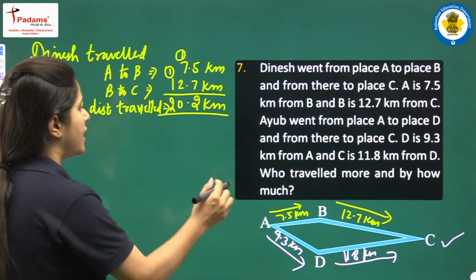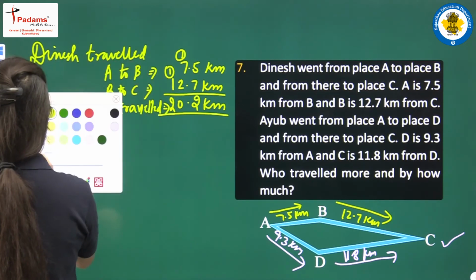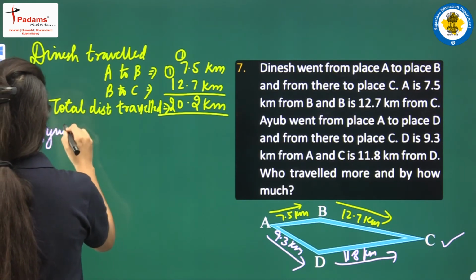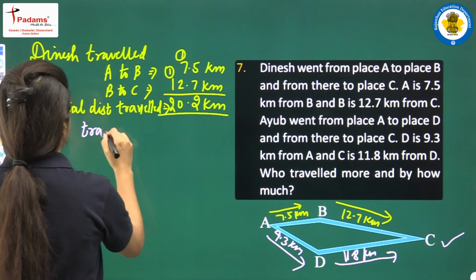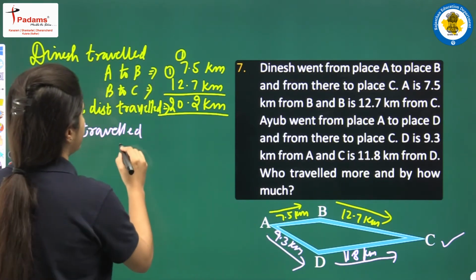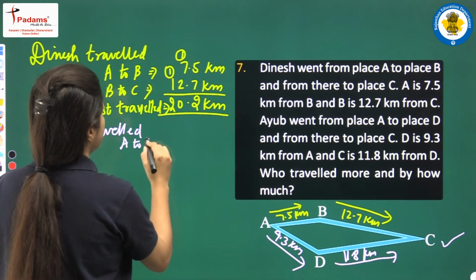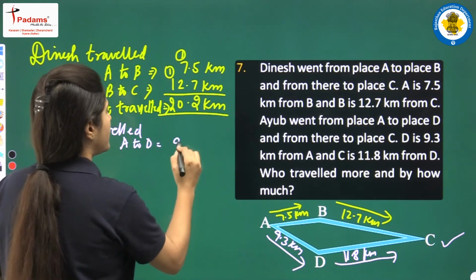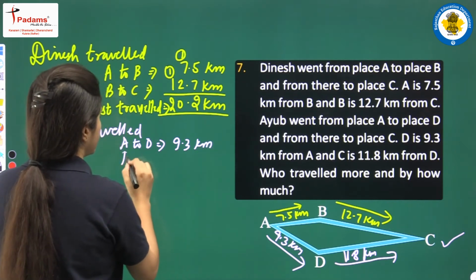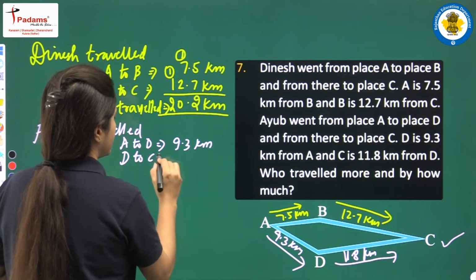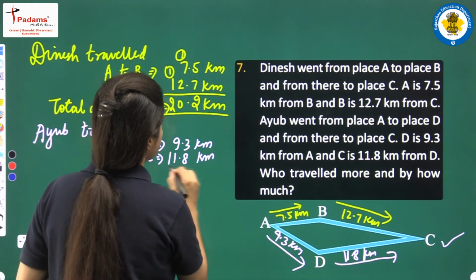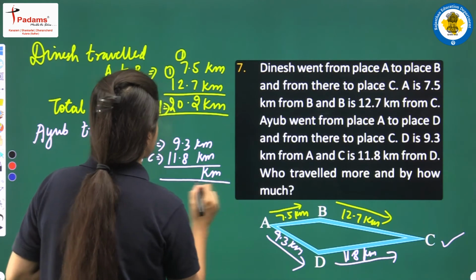Alright, students. Now we are trying to find the distance travelled by Ayub. Ayub firstly travelled from A to D, right? From A to D he is travelling 9.3 kilometers, and then D to C, right? He is travelling 11.8 kilometers. Alright, students. So, total distance travelled,